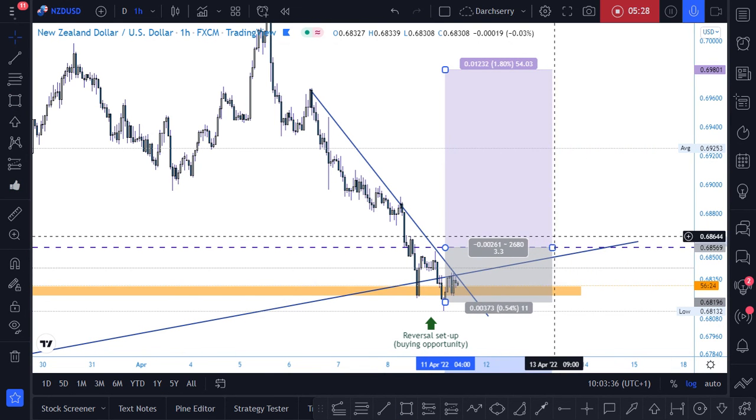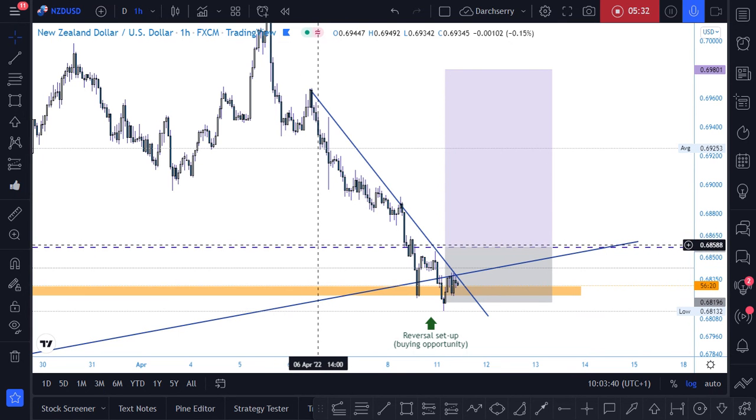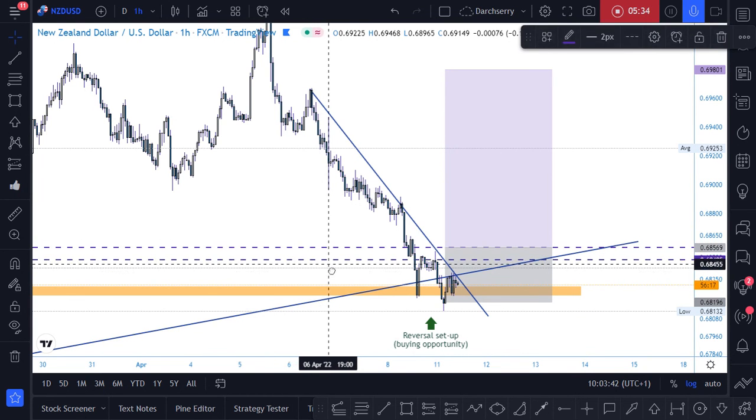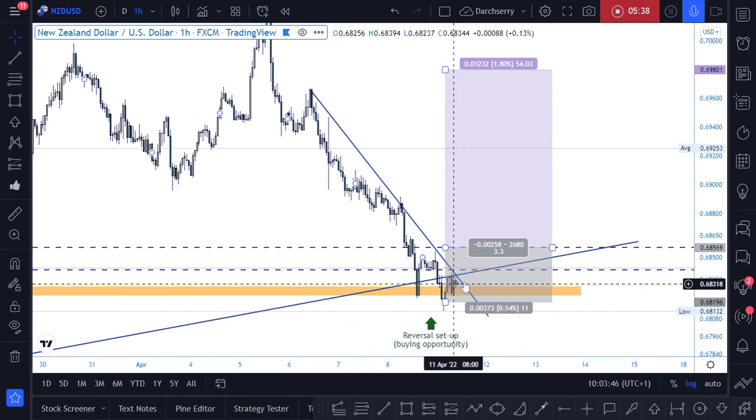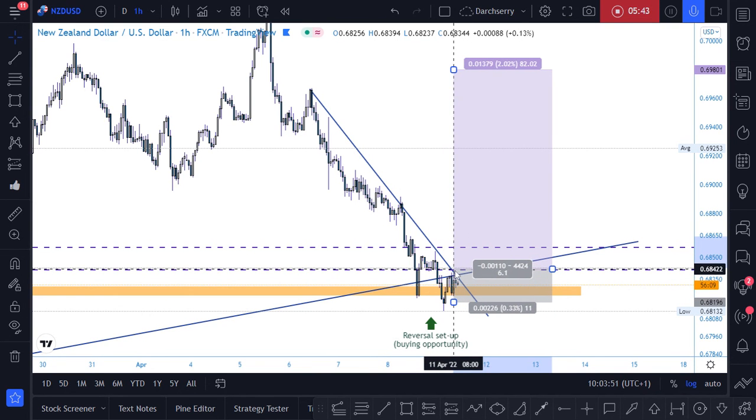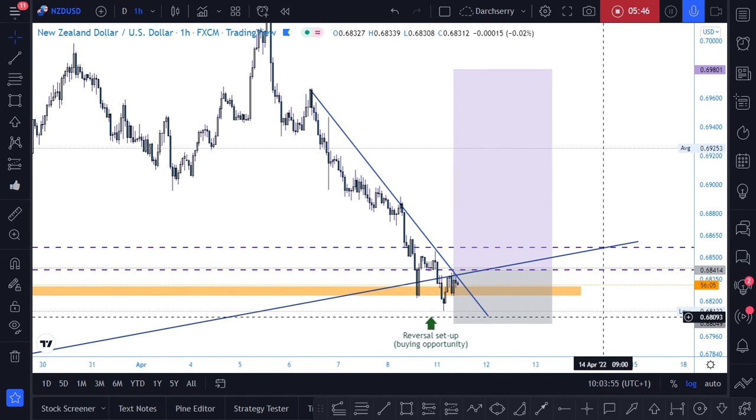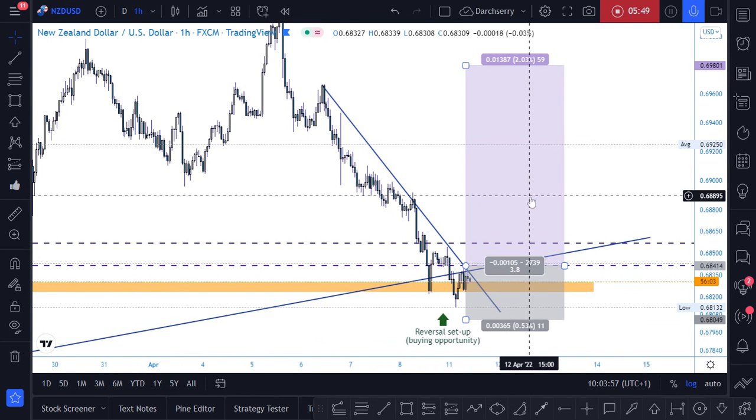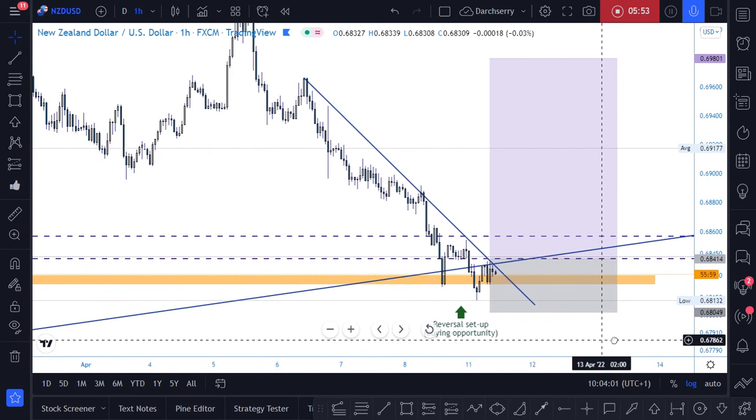So we need confirmations. I'm looking for breakout. I'll put another pending order here. Okay. So let's see how price action plays out during the course of the week,